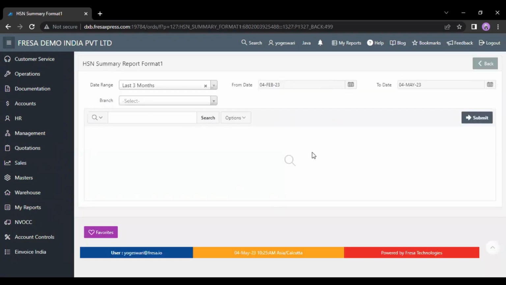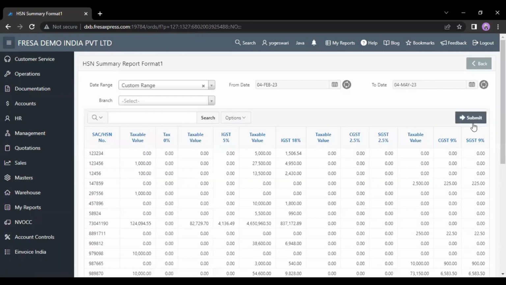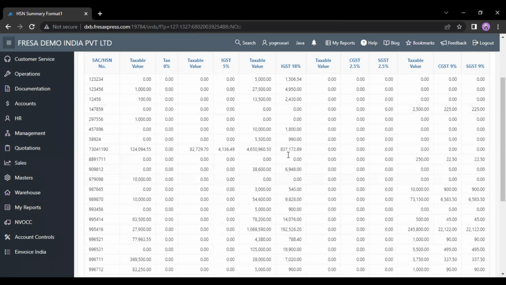On this HSN Summary Report Format 1 page, we have to enter the required details. Then we have to click the Submit button. After clicking the Submit button, here we can view the HSN report along with the taxable value and taxable percentage